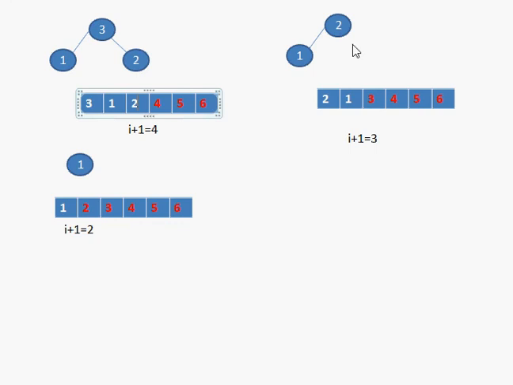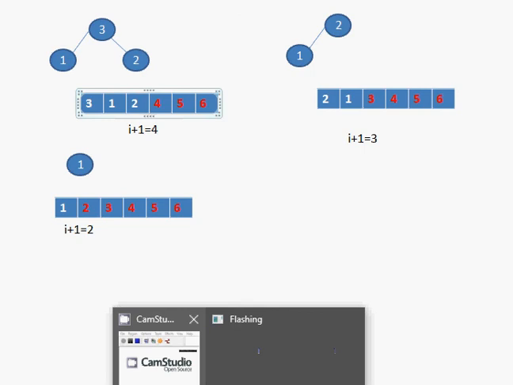After deleting 3, we get 2 and 1. This is actually the tree with 2 elements, 2 and 1. Now what we need to do, 2 has to be picked. 2 has to be the top element. Again the position for that becomes 2 plus 1, 3. So at that position, this was for the 3 position. For finally for 2, it will be I plus 1. When I is equal to 1, final case, I plus 1 becomes 2. In that case the process stops.